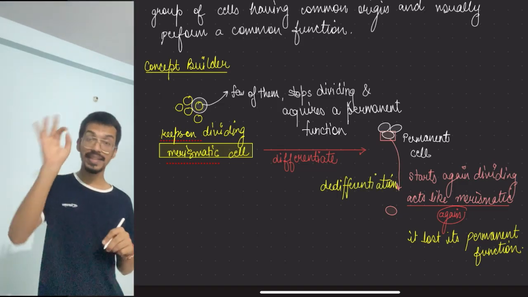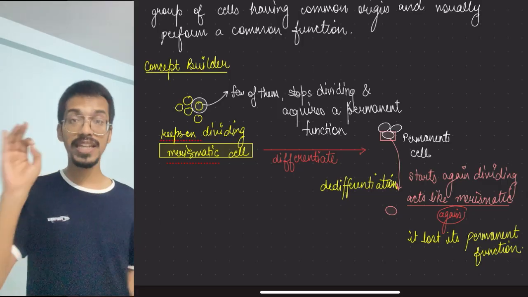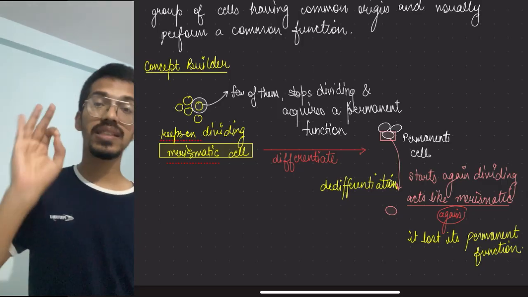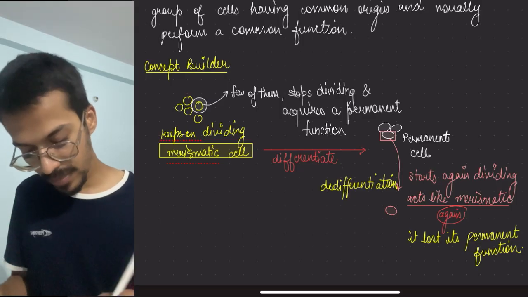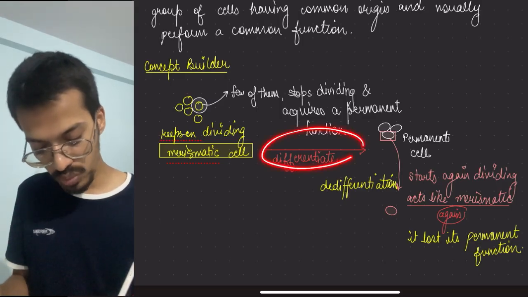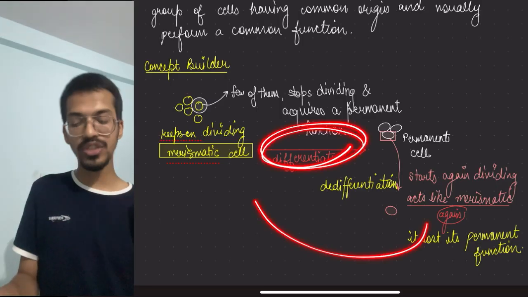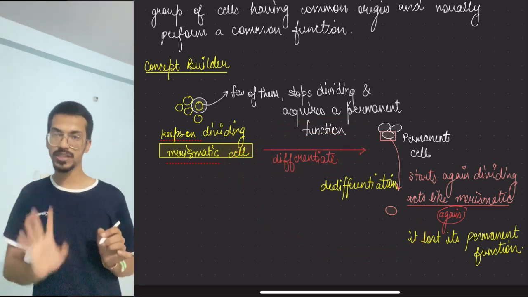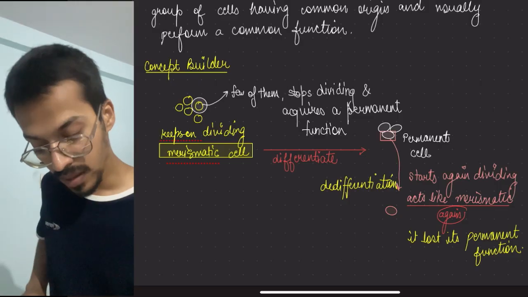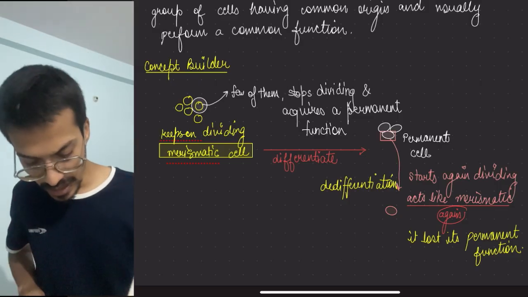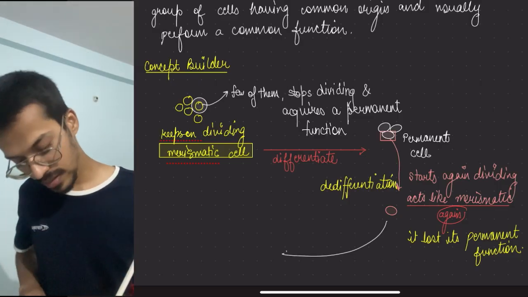D means deleted. Delete the differentiation. If you delete this step, remember, deleting this step means it again goes back to this kind of feature. So this is de-differentiation. But I also told you that sometimes this cell again